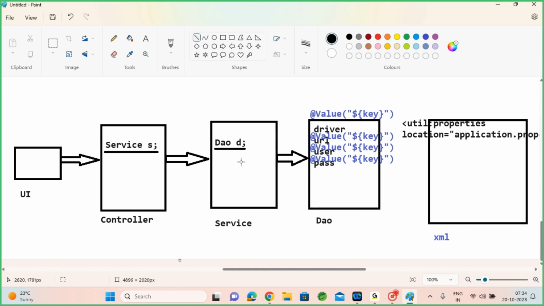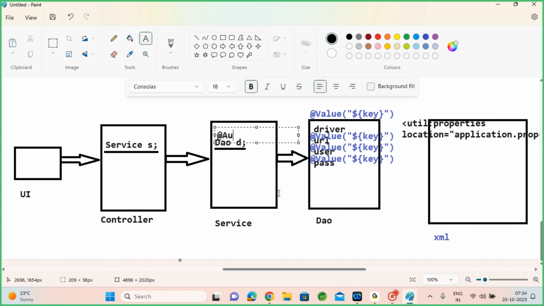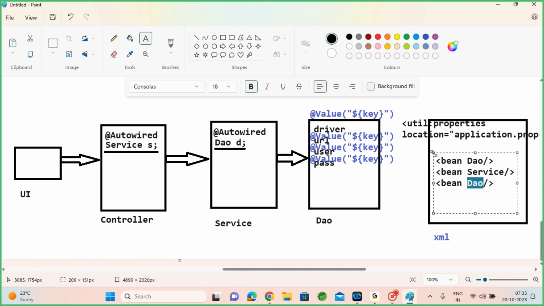When you have secondary type dependencies in your class, you need not inject them from the XML file. Instead of doing it from the XML file, you mention a simple @Autowired on the field level itself. So as soon as you create a bean of DAO, service, and controller,